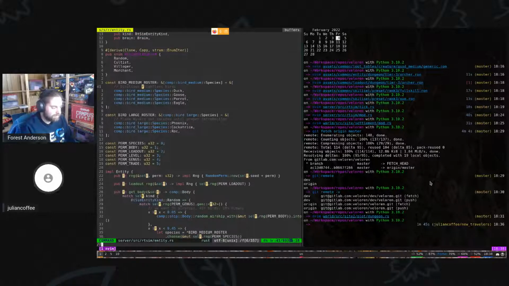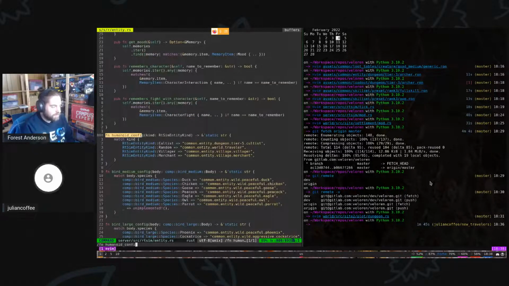And if we look at the function humanoid config, we will see something like that. So if it's a cultist, we take our config file for a cultist. If it's a villager, we take our config file for a villager, and so on. And we have our traveler config, but it's kind of boring